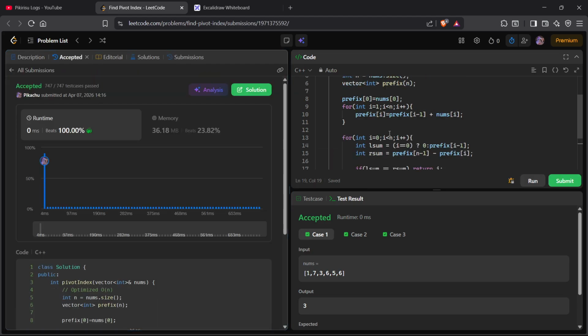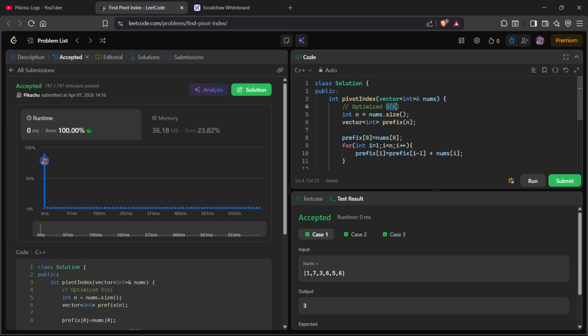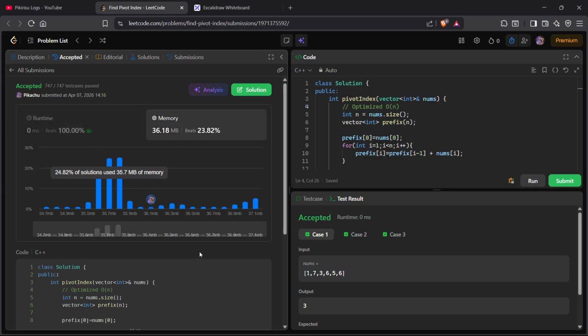Okay, so this solution has O(n) time complexity, so obviously it beats everyone time complexity wise, although it's not very